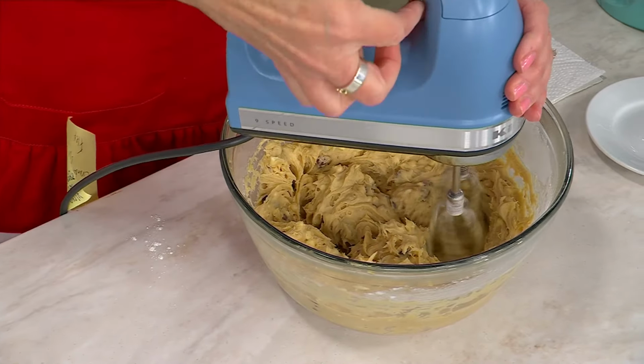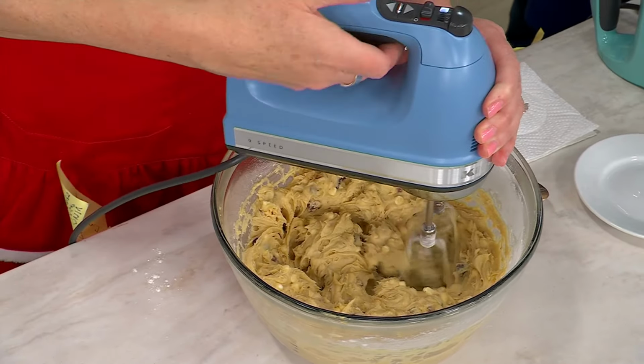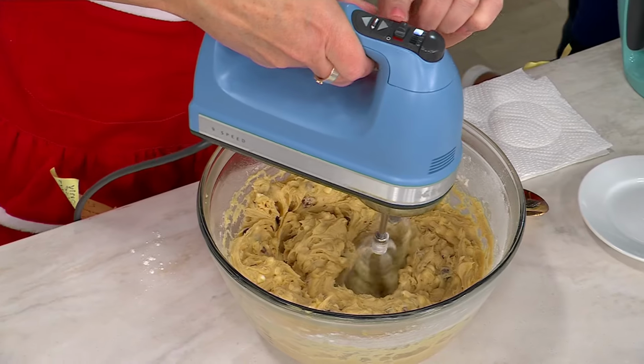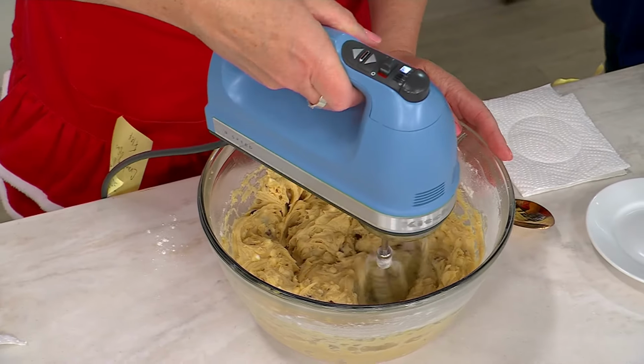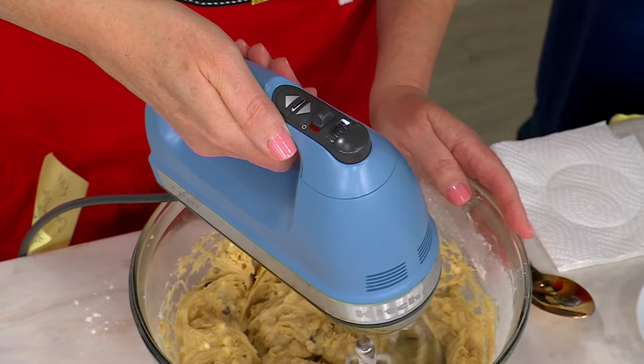It feels so good. You have that ergonomic handle right here. It has a soft grip to it. And maybe we can take a look at the control panel up here up top. So to turn it on and off, it's a quick flick of